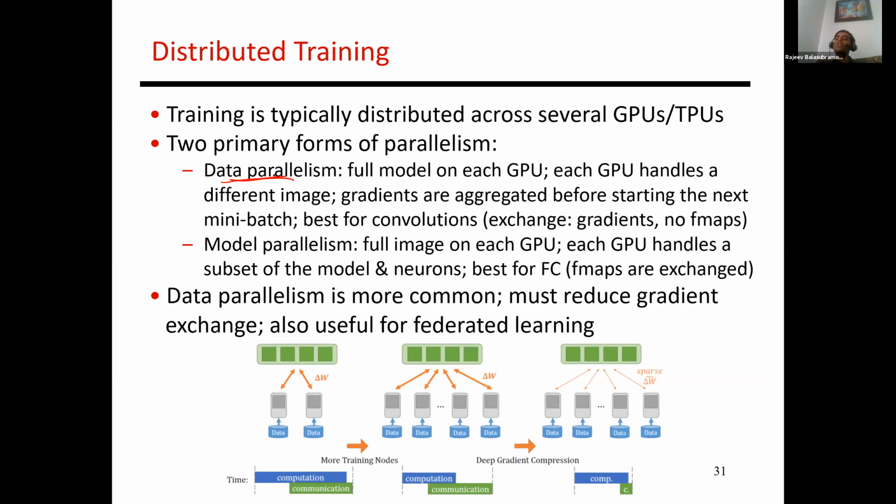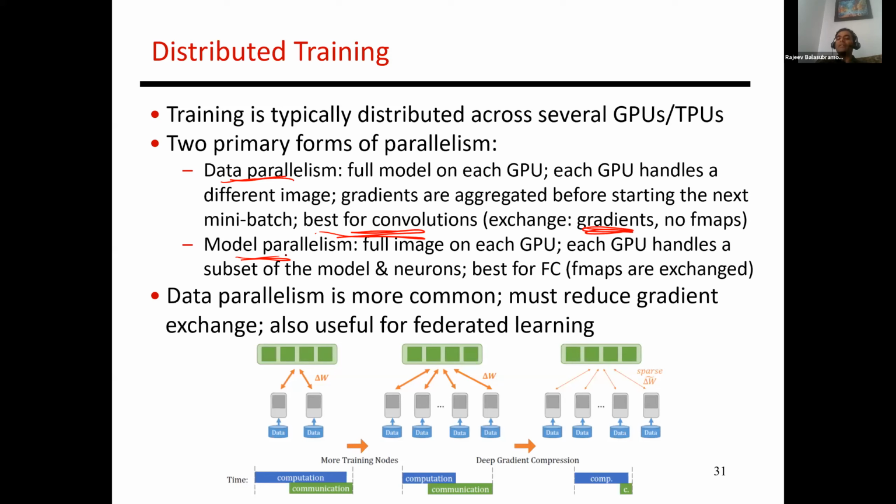But before you can move on to the next mini batch, you have to aggregate the gradients that have been produced by each one of these GPUs, right? So in this case, there's no exchange of information while you're doing the forward and the backward passes, but you do have to exchange the gradients once the mini batch has completed. Okay, so that's an example of data parallelism. And it works better for convolutions because convolutions have fewer weights, and so there are fewer gradients that you have to exchange. The second kind of parallelism is model parallelism, which says that I'm